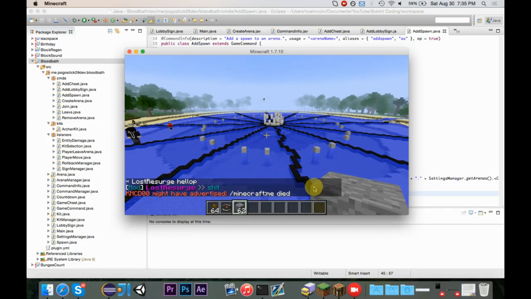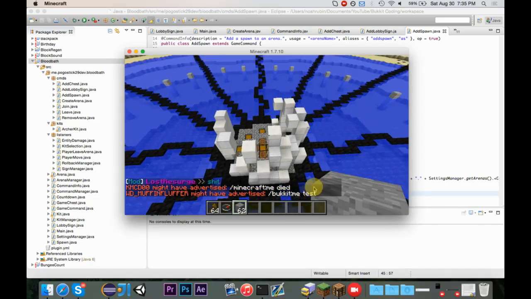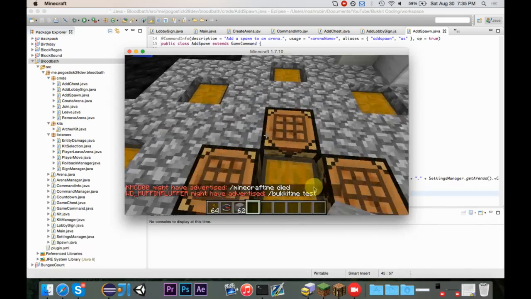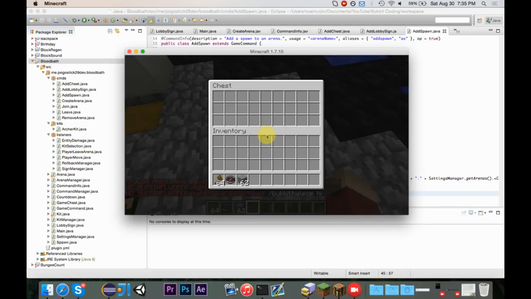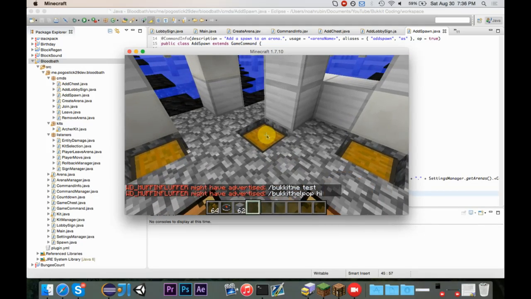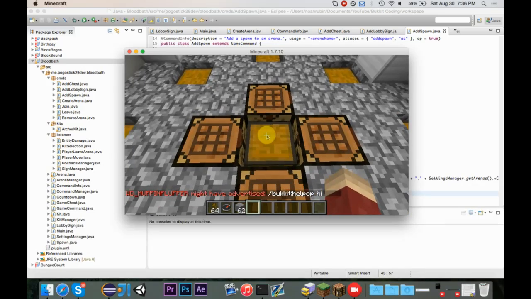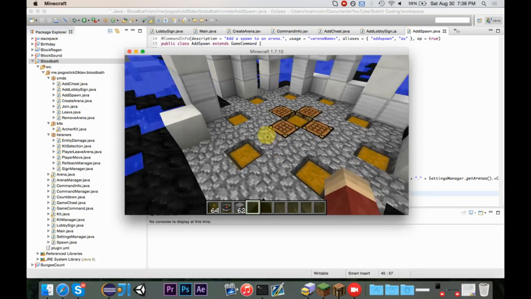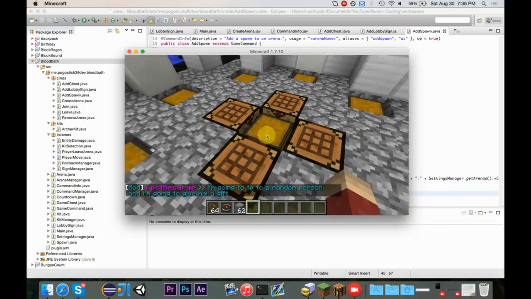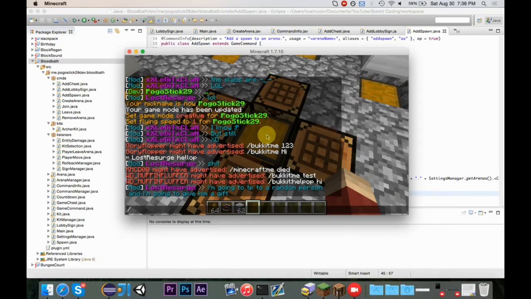So let's go ahead and do the chests, and these are all in here. So here are all of the chests. And let me just quickly make sure that they are empty. Yeah, I think they're all empty. So I'm going to go ahead and stick a tier 1 chest right in the middle, and then I'll probably make the rest of them tier 2 chests, but I'm not sure. Okay, so